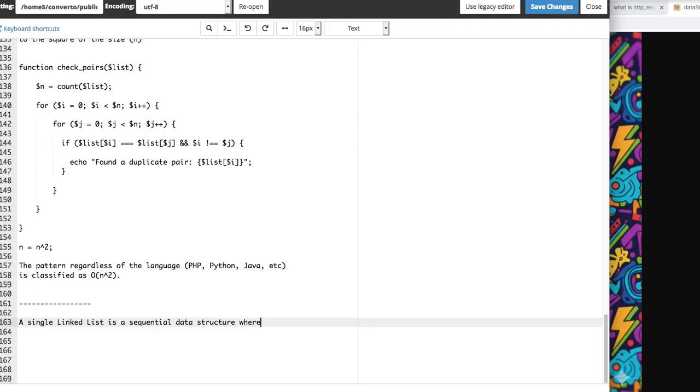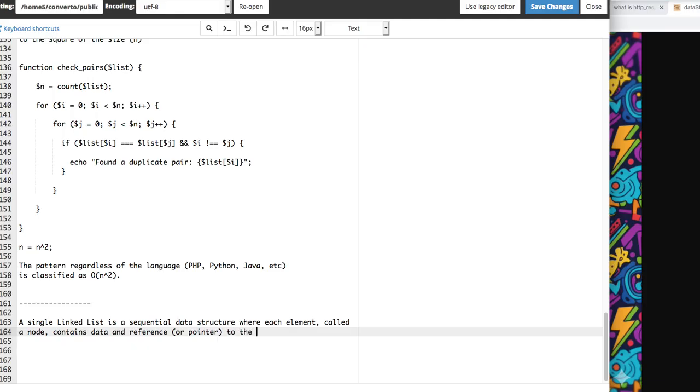And where each element, called, let's go over here, a node. Remember that one? Node. And that contains data. That's it, right? And a reference. A reference, which is like a pointer. Maybe I should just write it down. To the next node in